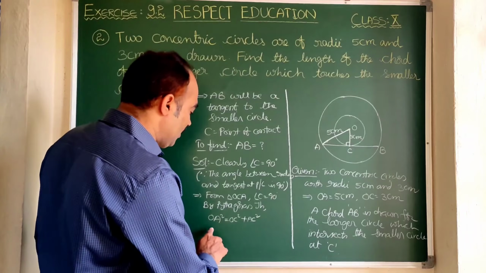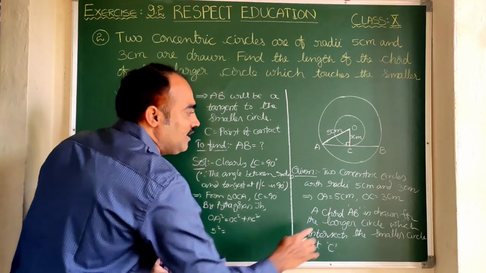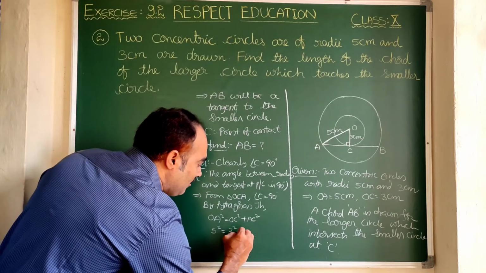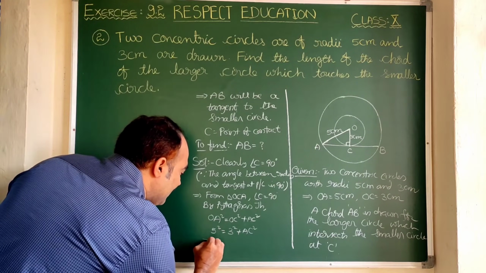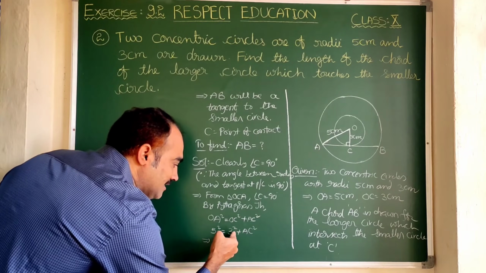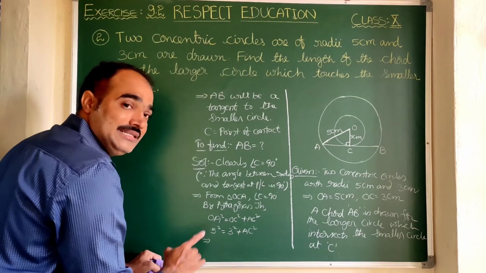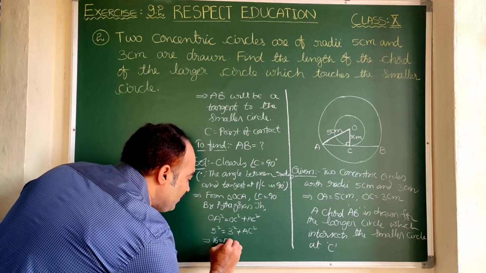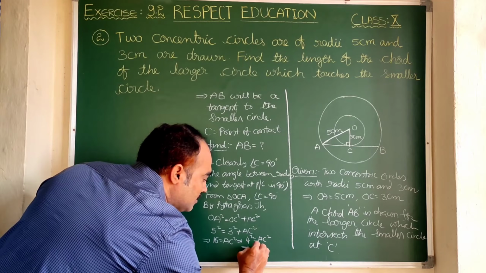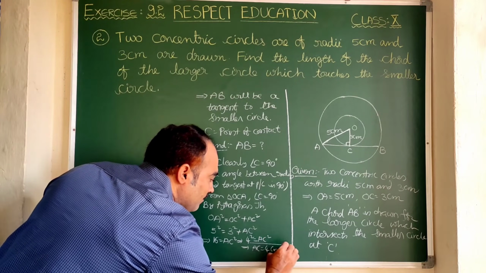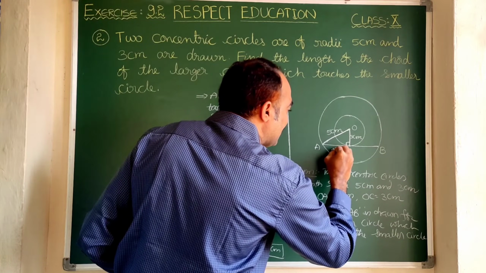Let us substitute the values. OA is already known, it is 5. So let us substitute here. This is 5 square equal to OC is 3, so it is 3 square plus AC square. We do not know AC, let us write it as it is. So here we can write 5 square as 25. 3 square is 9. Let us send this 9 to this side. 25 minus 9 is 16. So 16 is equal to AC square. 16 can be written as 4 square. 4 square equal to AC square. On taking square roots, AC is equal to 4 centimeter. So finally we got AC as 4 centimeter.